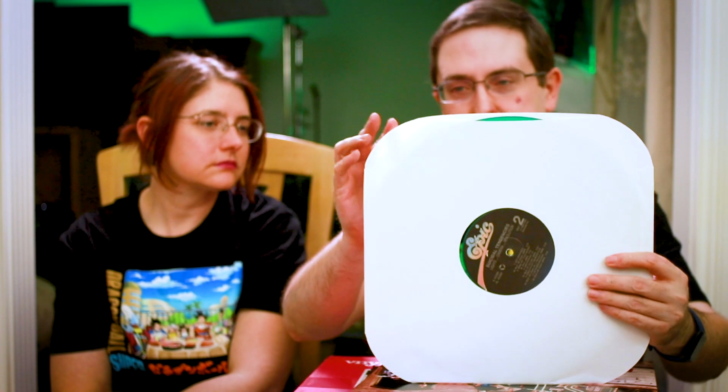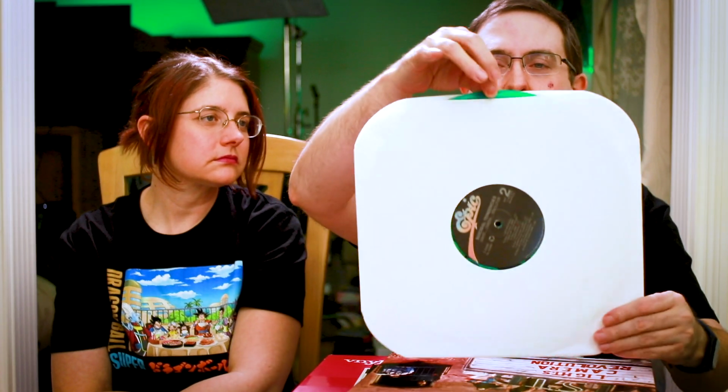Yeah, they probably had a few. All right, no digital download card. It does not look like. Single vinyl. Oh, that's gorgeous. I love my color vinyls. I know they sound a little less quality, but...